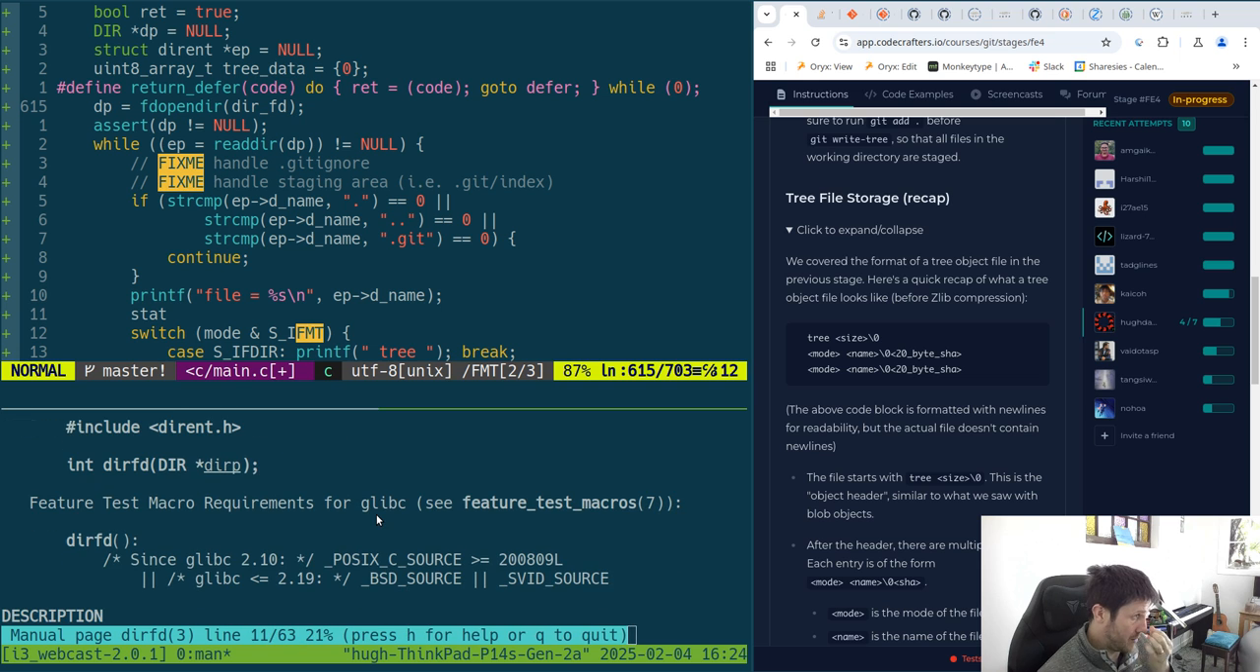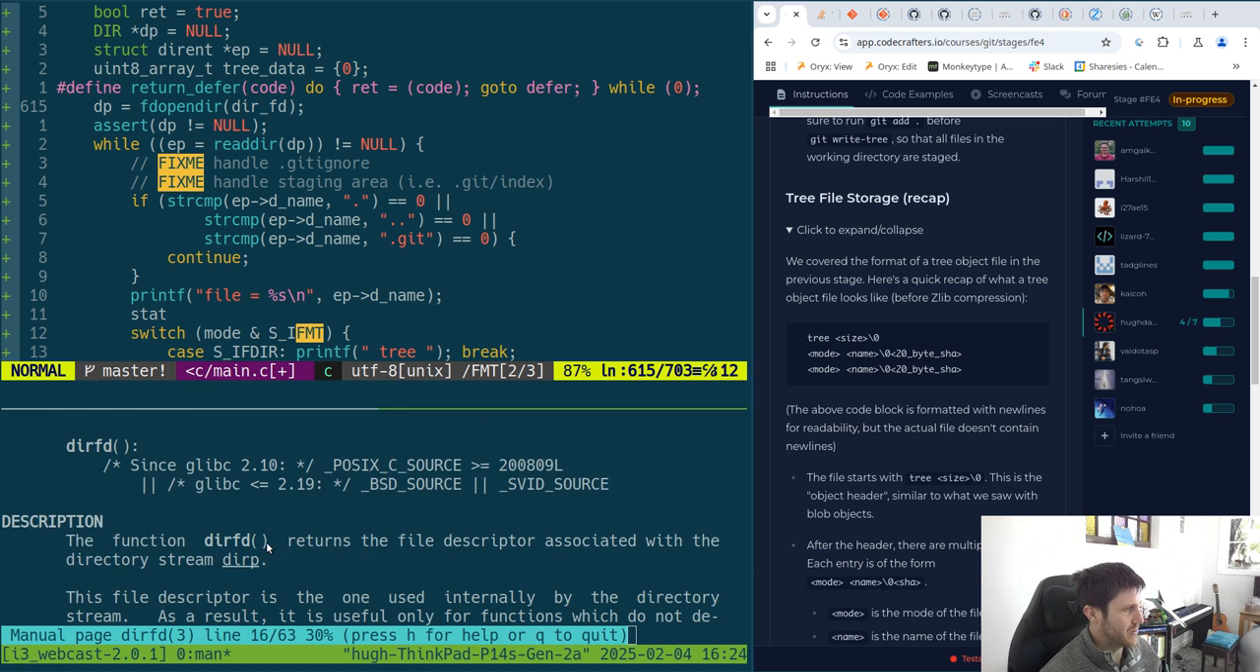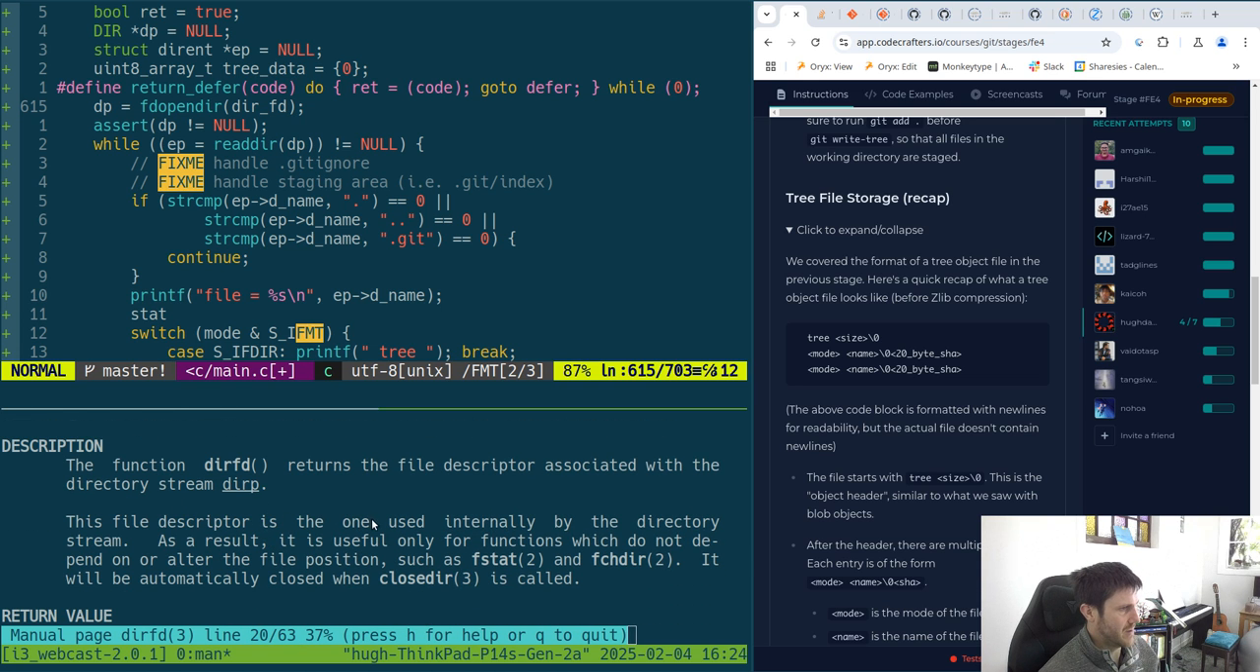Right, so in this we get dirfd, which returns a file descriptor, the one used internally by the directory stream. It is useful only for functions which do not depend on or alter the file position, such as fstat or fchdir. So this is actually maybe